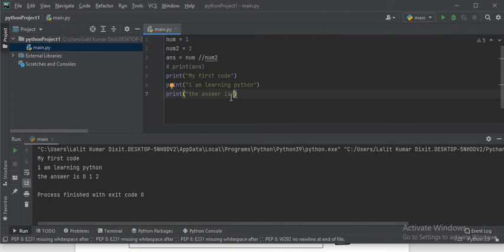So what you do, suppose you have to print the answer between this, and then here this, or I should write another statement. Okay, the answer is, now you have to print answer here. I just added this, because I have to print the answer here. And the numbers are